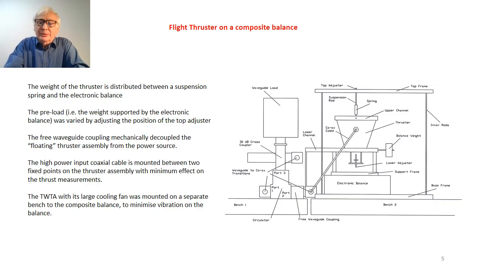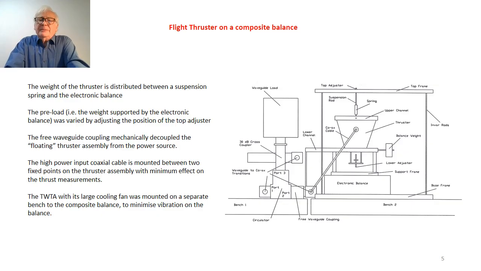One is a simple suspension spring from which the majority of the weight of the thruster is suspended, and the second spring is effectively the spring in the electronic balance, the spring constant that we've already mentioned. So we will look at a mathematical model of this later, but you can see obviously there are two spring constants involved in this particular